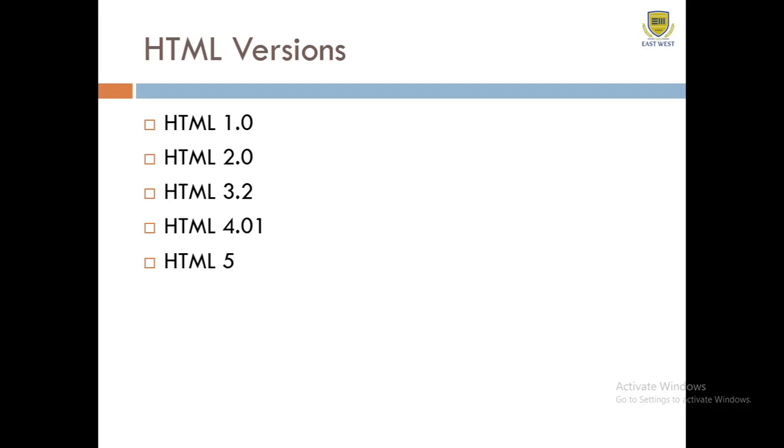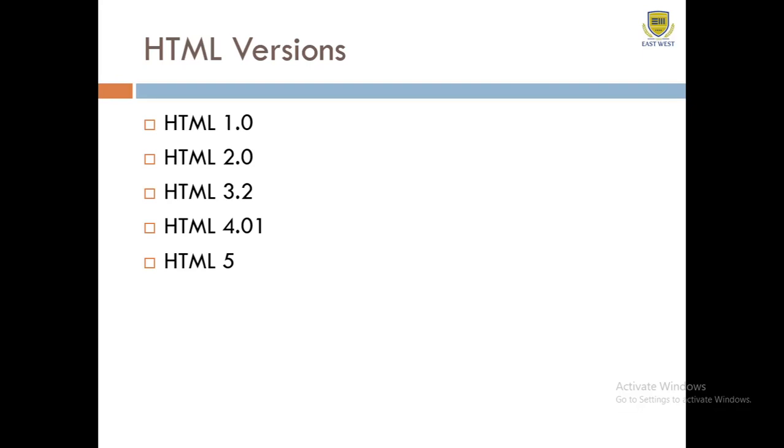Next version was HTML 4.01, released in December 1999, and it is a very stable version of the HTML language. This version is a current official standard, and it provides added support for style sheets, that is CSS, cascading style sheets, and scripting ability for various multimedia elements using JavaScript, right?